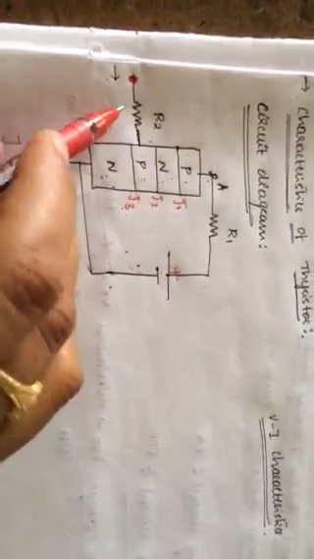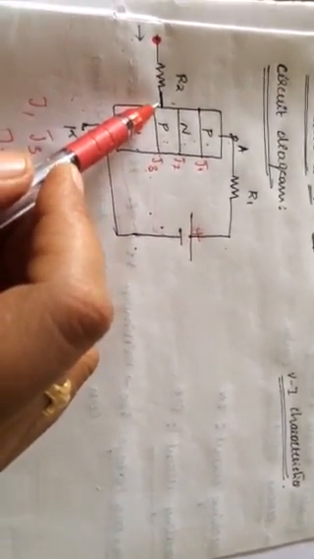As I told earlier, when you apply a gate biasing with respect to the cathode, only then is the SCR going to be triggered. So the SCR is a controlled switch. When you apply a gate biasing or a gate pulse, only then is the SCR going to turn on, or be triggered. But once the SCR is triggered, even though you remove the gate terminal, or if you apply a negative pulse to the gate terminal, the gate has no control of the operation.